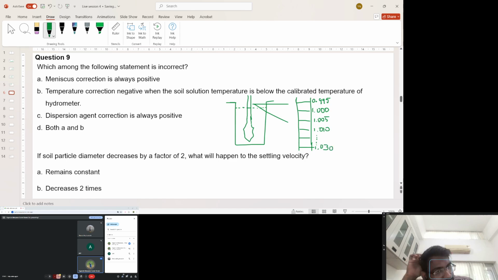So this is a typical demarcation which is present in the stem of the hydrometer. All right. Now, when you insert it,